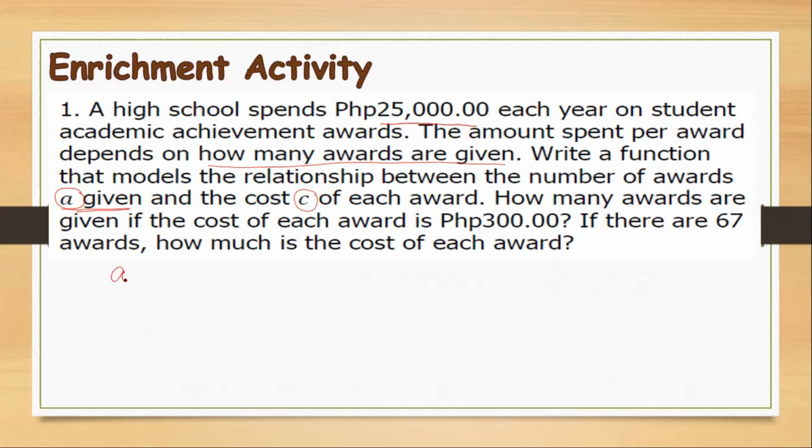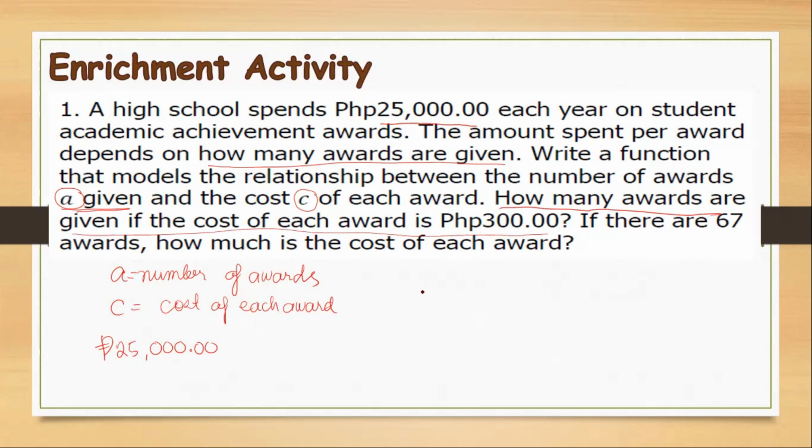Okay, so we have here A, number of awards, and your C as the cost of each award. Knowing that we have a given of 25,000 as the amount spent each year. So it depends upon how many awards are given. So if we have 25,000 and the first question is how many awards are given if the cost of each award is 300 pesos. So that will be